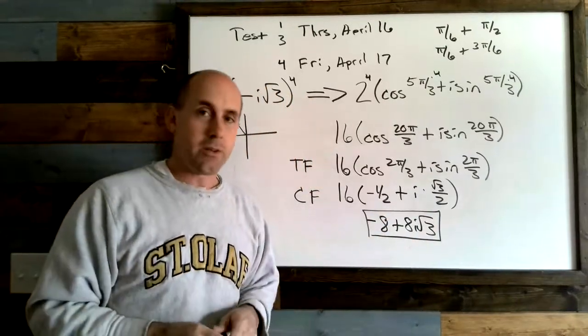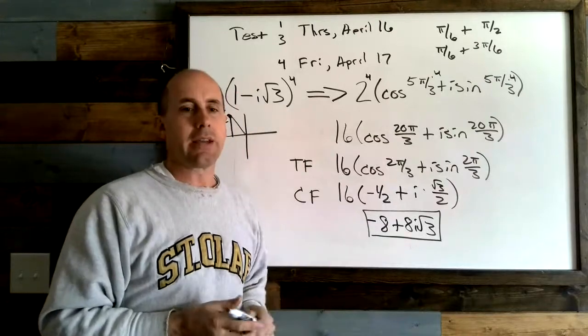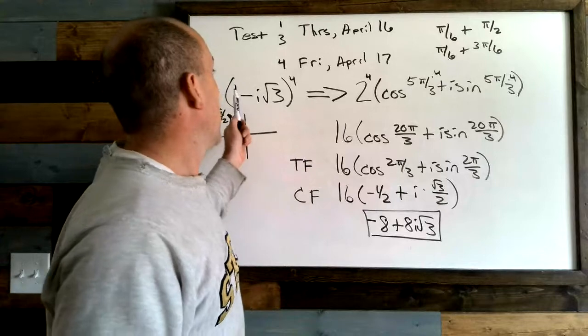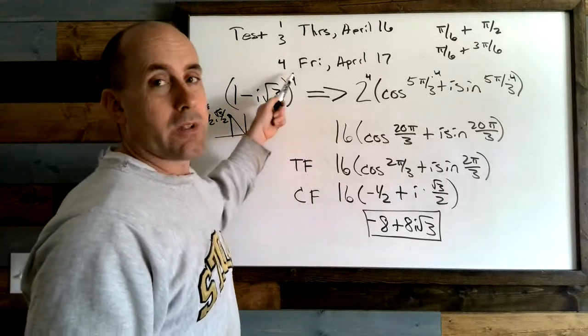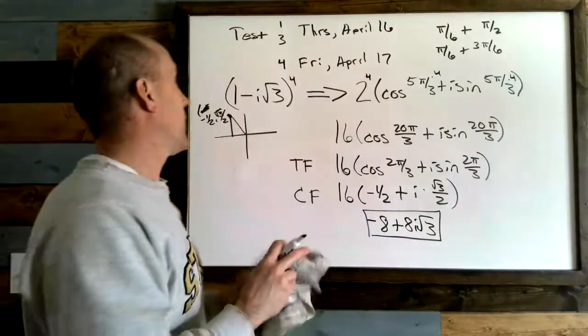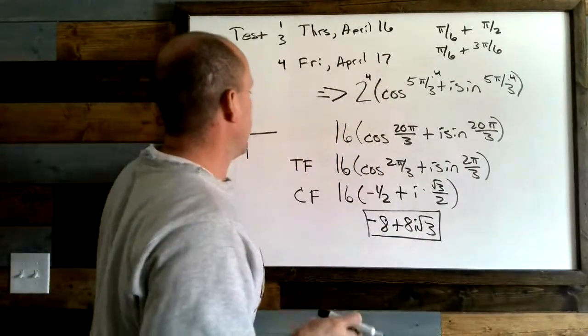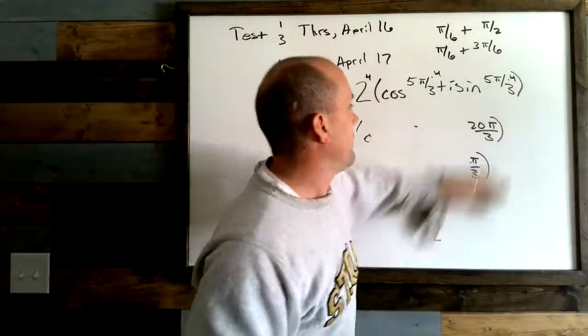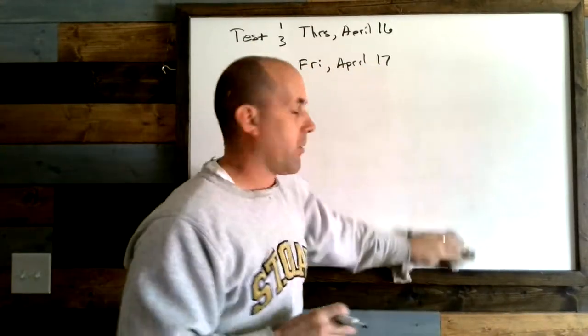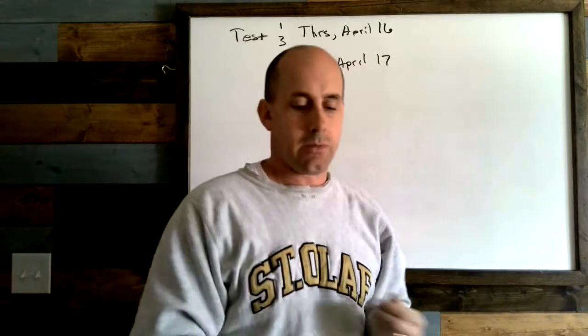So that is my preferred version of complex form. I would accept either one of those, but that is nicer, and that's what your book would list and most people would list. So what do you get if you take and multiply that out 4 times? You get that. Now you're saying, well, that's no big deal, Mr. Gintz. I could actually multiply it out 4 times. Good for you. You're very impressive. Pat yourself on the back. What if I give you something like instead of the 4th power, we give you the 40th power? Now that's where de Moivre's theorem comes in real handy.